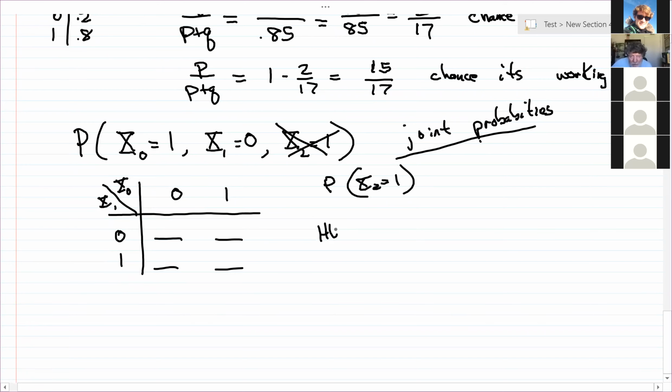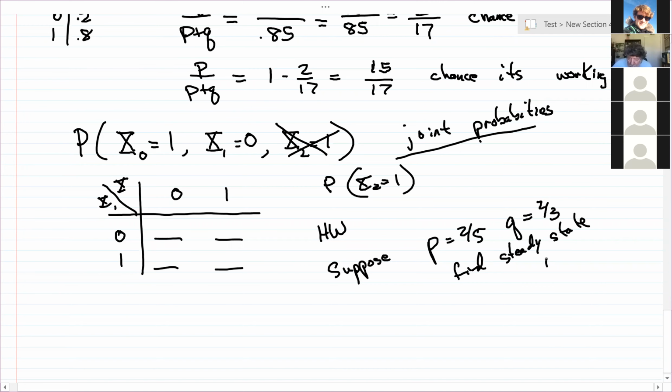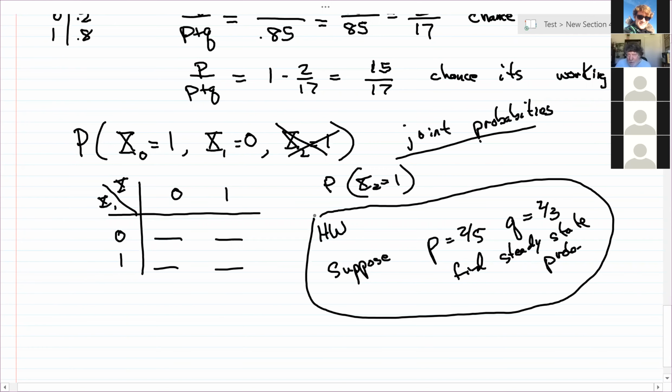Here's homework. Suppose P is 2/5. Q is 2/3. Fine. Steady state probabilities. By the way, that's a one-line homework assignment. So in addition to that,